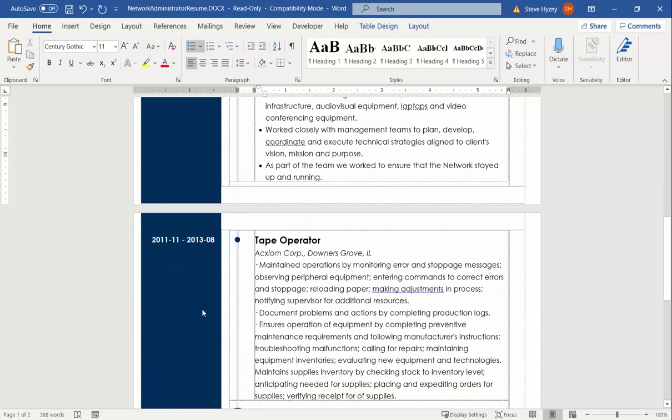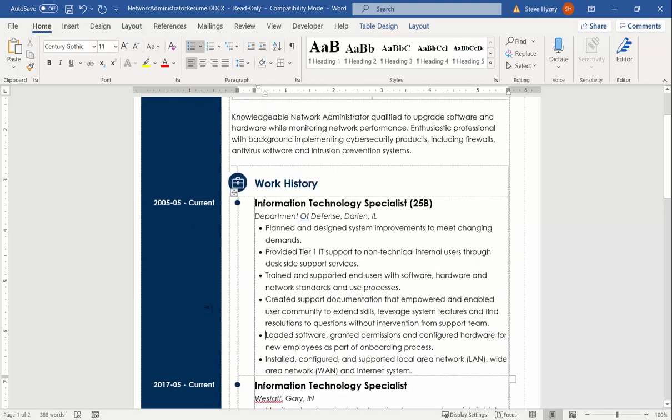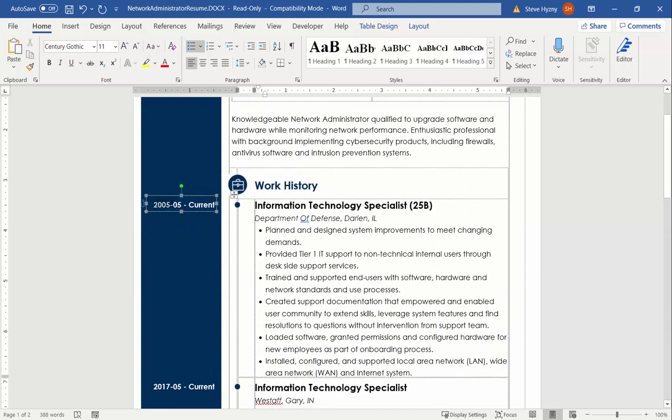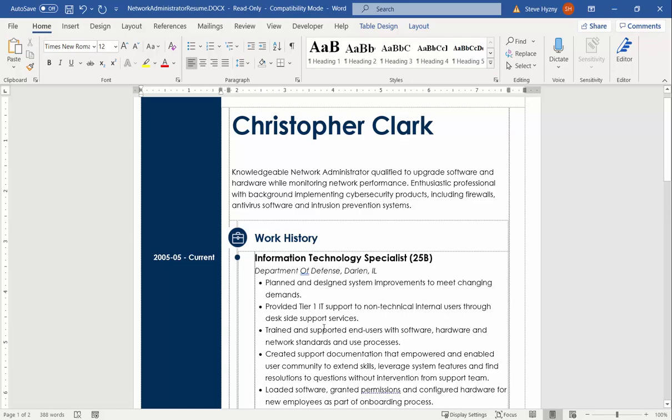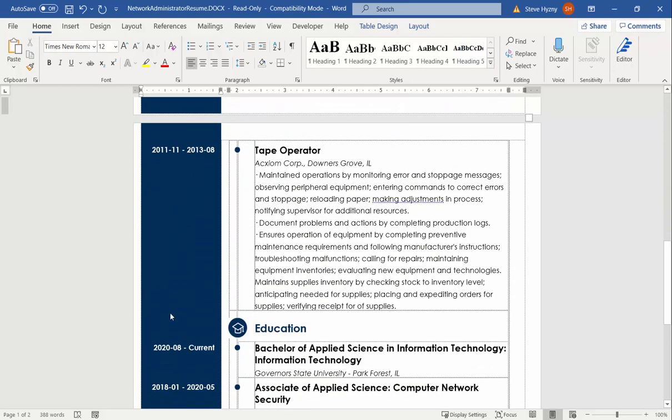All right, then we got a 2011. Okay, so at least we're going 2017, 2011. We're headed in the right direction. To 2013. So that means you've had this job since 2005. So if you had this job in 2005, why the other one? So there's a problem with your dates here.